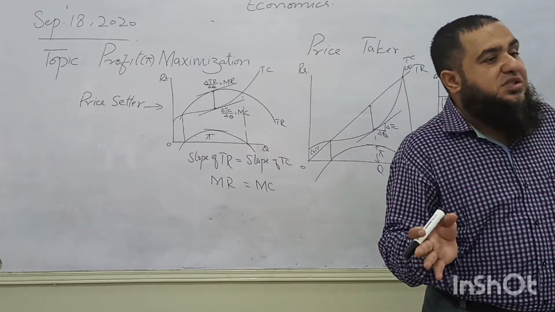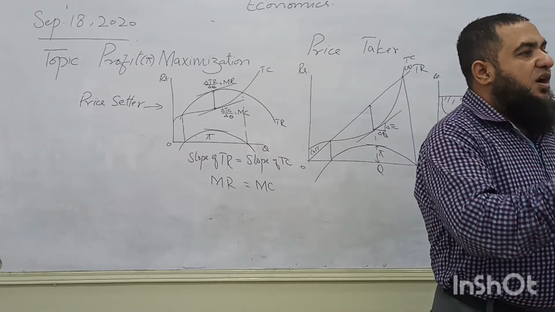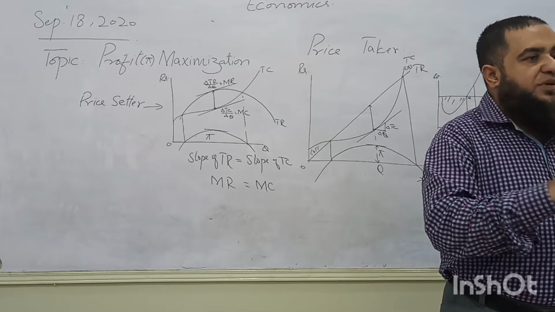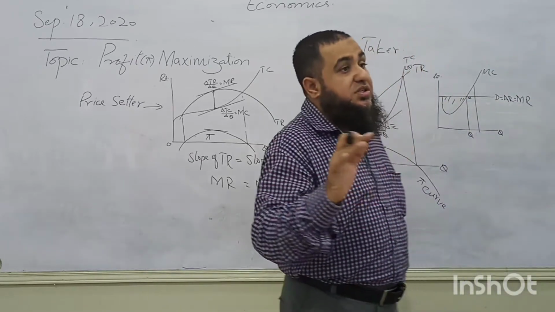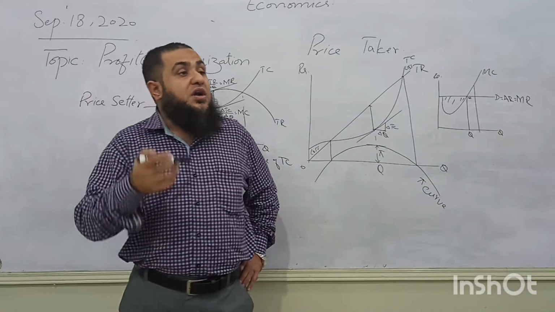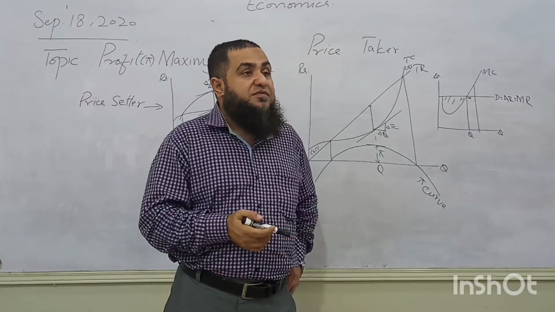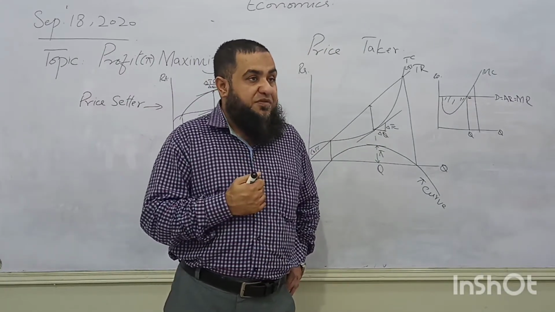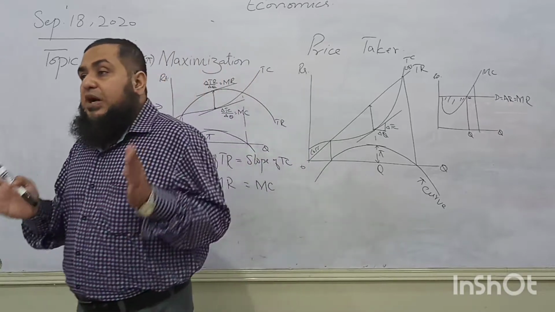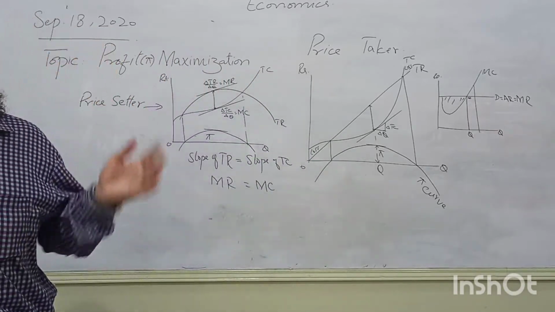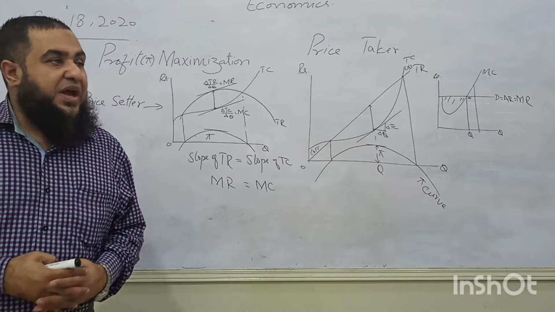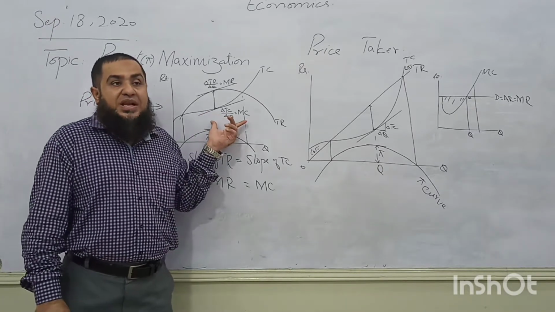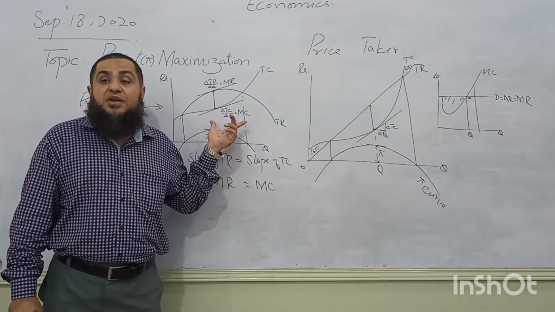And if operating cost is covered, but there is a loss of the fixed cost, the firm is not going to shut down because it will wait. Because in future, all the fixed costs will be covered and the firm will be able to maximize its profit. So first thing, the firm should cover all its variable expenses. Then it will be going towards the level of output where the profit will be maximized.